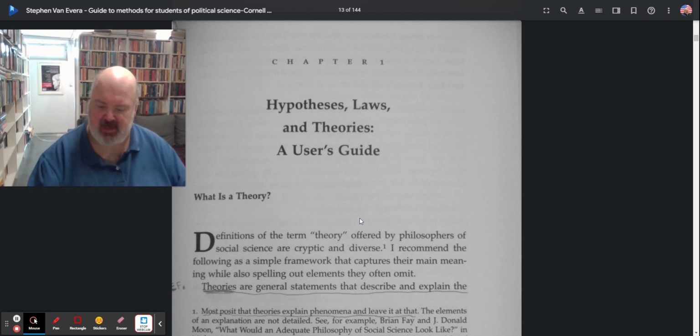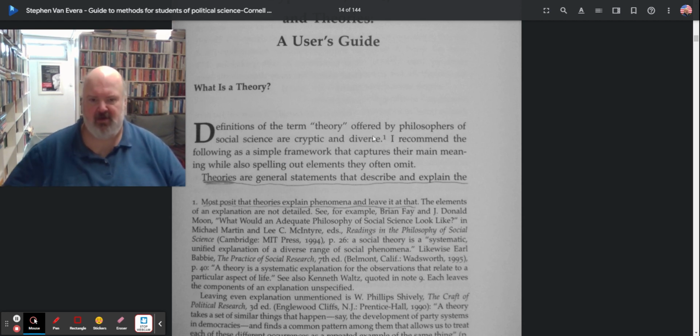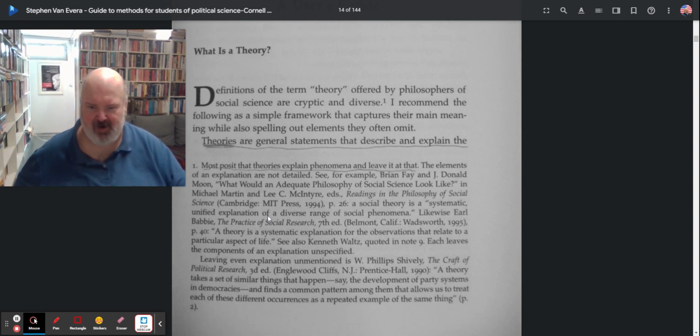Focusing today, mostly we will look at what a theory is. Theory and explanation. Okay. Definitions of a theory offered by philosophers of social science are diverse. He gives a whole long paragraph. Most posit that theories explain phenomena and leave it at that. The elements of an explanation are not detailed. And from reading that book, a social theory is a systemic, unified expression of a diverse range of social phenomena. Likewise,